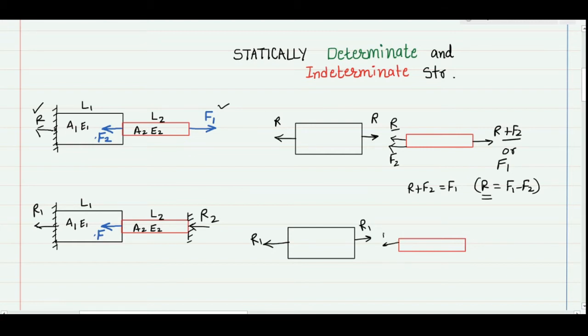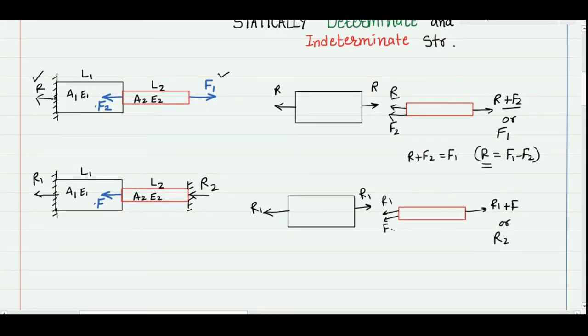Similarly I can apply R1 plus the second force, this is F. Similarly, I can apply equal and opposite force here. So that is R1 plus F, or I can say that this is nothing but my reaction R2. So when I write the equation for the second case, this second free body diagram will tell me that R1 plus F is going to be balanced by R2. That means I have two unknowns in my equation, and this equation is not sufficient to tell me the two unknowns. So now what can we conclude from these two cases?